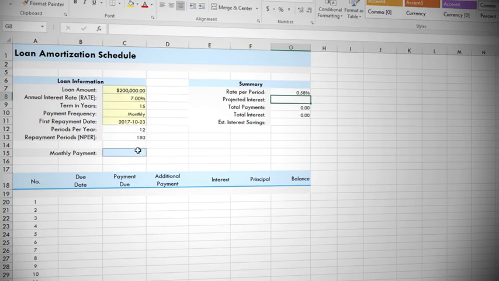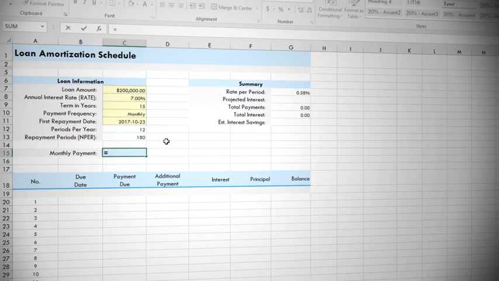Let's now go and calculate what our monthly repayments are going to be. So we're going to type equals PMT and select our payment function. Now, we worked out what our rate will be, so we're going to click on the rate field. We've also worked out our number of repayments, so we're going to click on NPER. And our present value is the amount we're borrowing, so we're going to click on our loan amount. You will notice future value is an optional argument. If you plan to have a residual amount left on your loan at the end, then you would simply specify a future value. But as we plan to pay off the full amount, we're going to ignore that argument